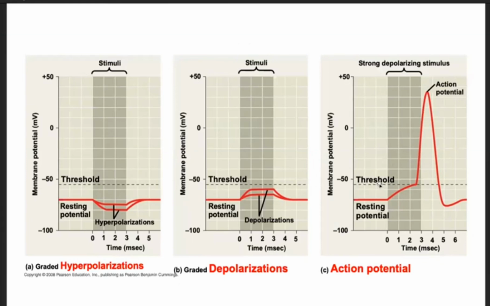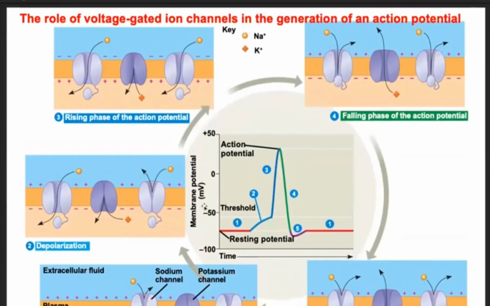I think that is a little bit low, but it depends on the type of cells. So, you know, we'll take it as it is for this chapter. But the way that this book does it is a bit confusing. So they kind of show it like this, right? The role of voltage-gated ion channels in the generation of an action potential. They show you the threshold. And then